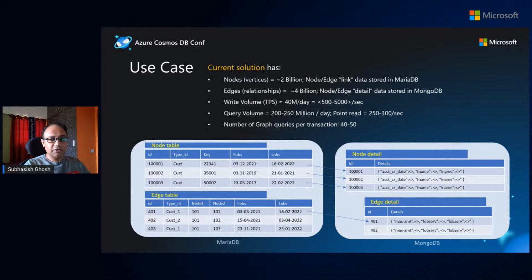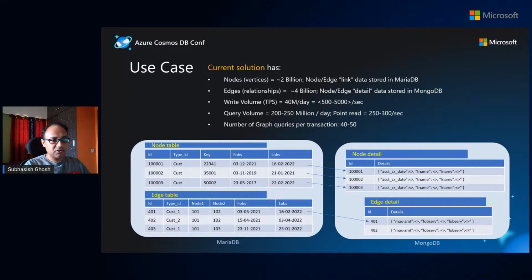So for this particular use case, initially the customer had built a solution involving what we call traditional RDBMS databases. When you build a graph solution on top of that, we basically call it an RDBMS vertical graph solution. And they used a schema, I've taken a representational image, which is what we call a link table design approach.